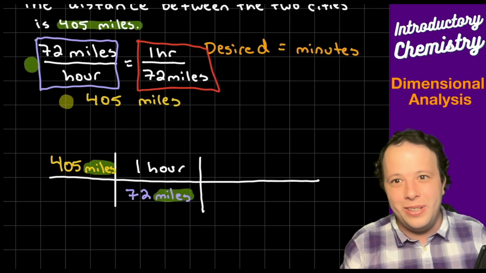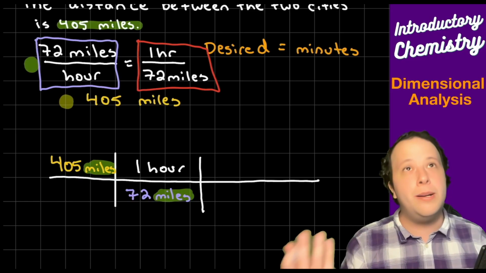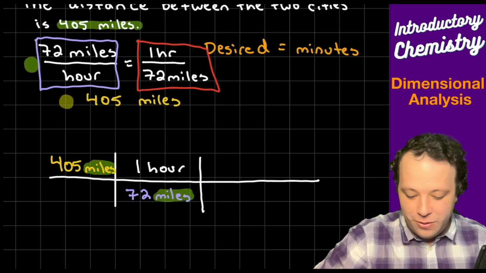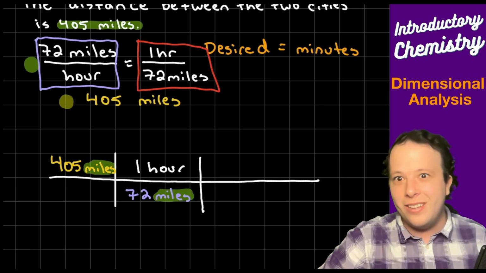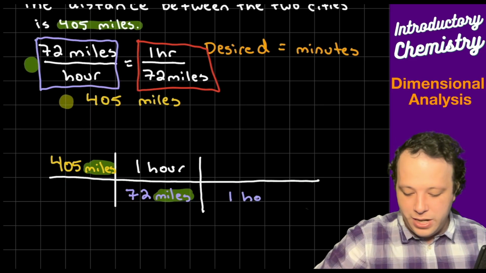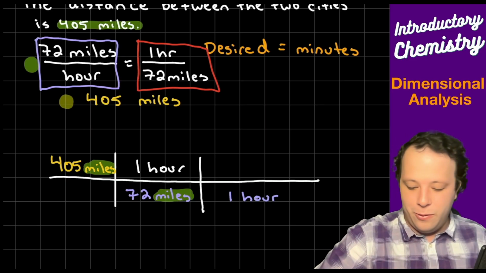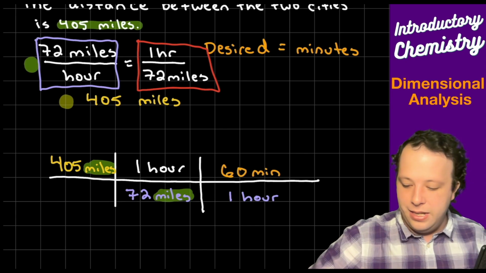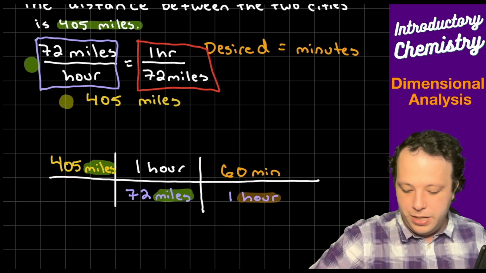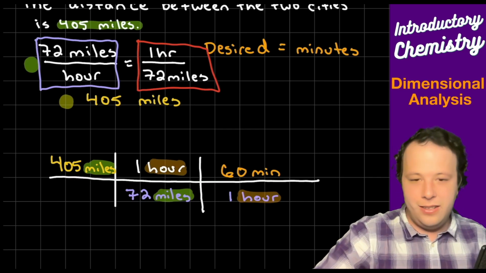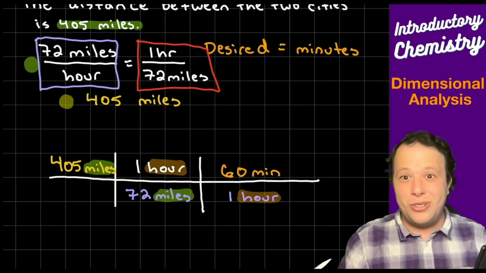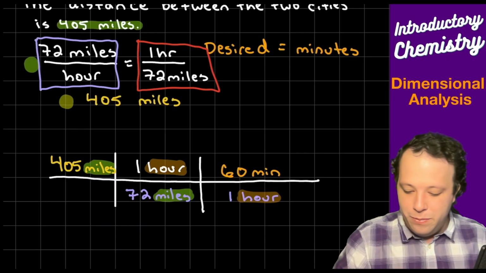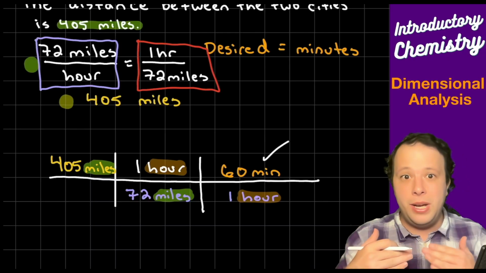You look at the timer all the time, right? When you're in class, you're like, oh my God, time's not going fast enough. But 60 minutes is in 1 hour. So how do you cancel out an hour? With another hour. So we'd write 1 hour on the bottom, and then we'll write 60 minutes on top. And then we can see once again my units are canceling. Fantastic. This is great. Now we have our final unit, which is what we wanted. We wanted minutes, so we can give a little check to make sure we're good.